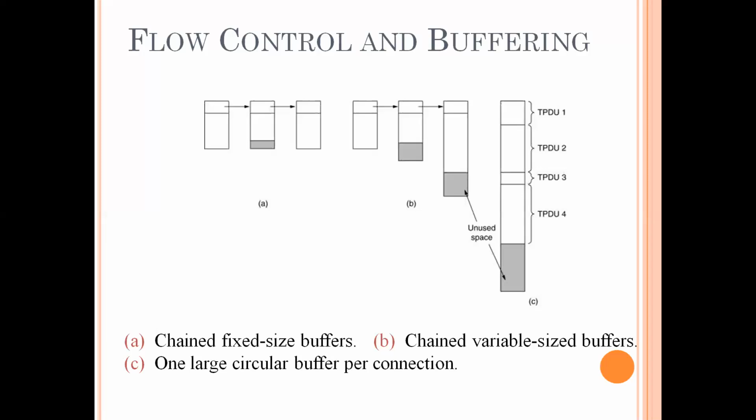If there is a wide variation in the data size, a pool of fixed size buffers presents a problem. If the buffer size is chosen equal to the largest possible data, space will be wasted whenever a short data arrives. If the buffer size is chosen less than the maximum data size, then multiple buffers will be needed for longer TPDUs